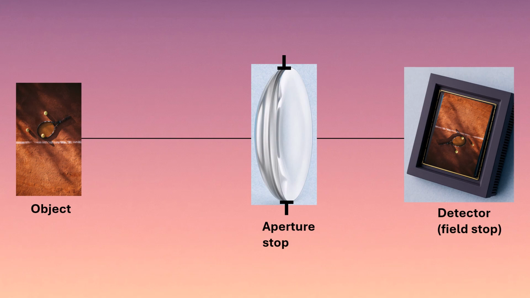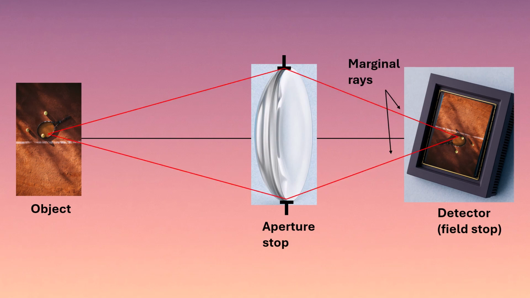This aperture can be a physical one, as we said previously, a diaphragm or a lens. It can also be a projected aperture, like the numerical aperture of a fiber, or a virtual aperture, like the entrance or the exit pupil. In fact, you can define an aperture at every surface within an optical system, which is especially useful in sequential ray tracing software like Zemax or CODE V. This concept relies on special rays called marginal rays. These are rays originating from the optical axis and passing through the edges of the aperture stop.